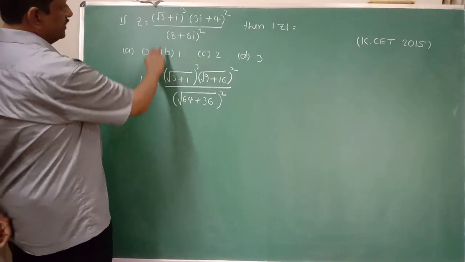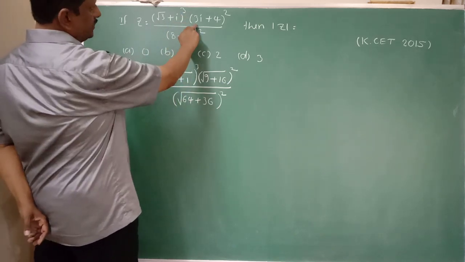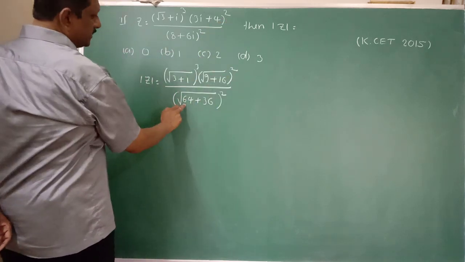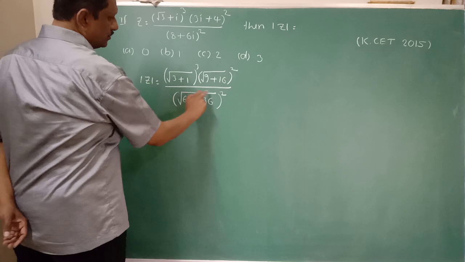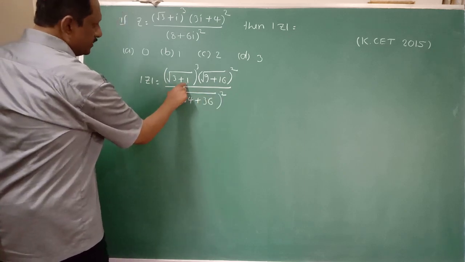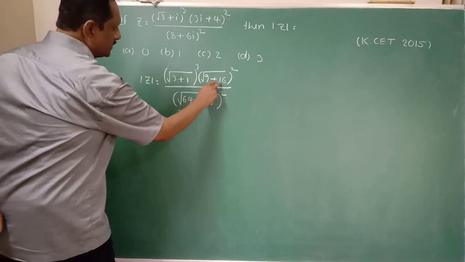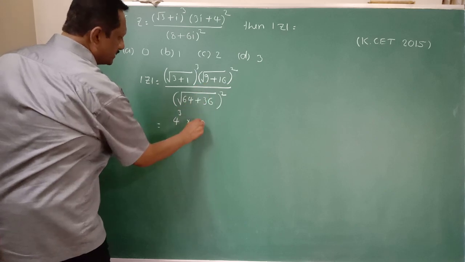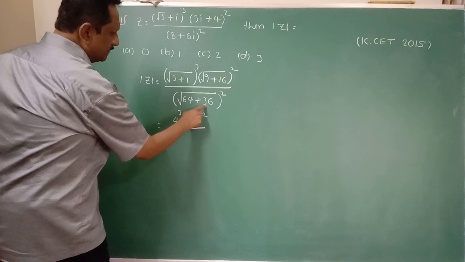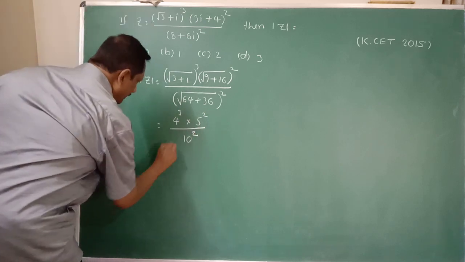Okay, root of 3² is 3 plus 1² is 1 raised to 3, 3² is 9 and 4² is 16 raised to 2 here. Then 8² is 64 and 6² is 36, root of this one whole square here. Then 3 plus 1 is 4 cube here. 4 raised to 3 into 9 plus 16 is 25. Square root of 25 is 5 here. 5² divided by 64 plus 36 is 100. Square root of 100 is 10. So 10² here. Therefore 8 cube here.